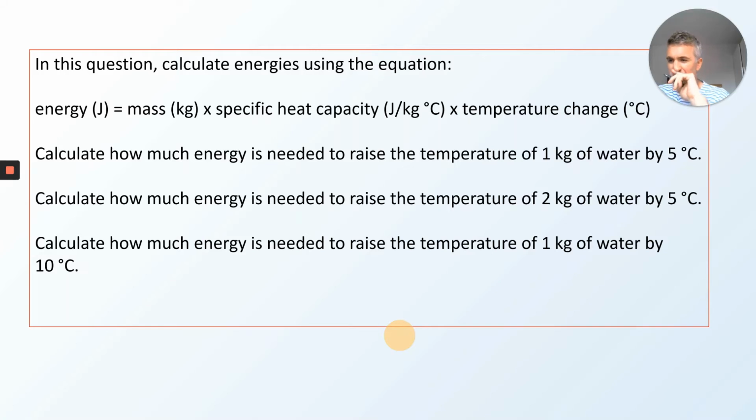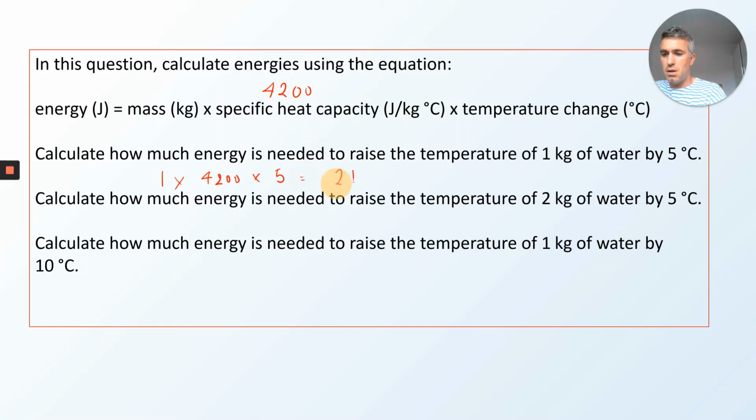The important thing is, for this scenario, the specific heat capacity for water is 4,200. So how much energy is needed to raise the temperature of 1 kilo of water by 5 degrees? So 1 kilo times 4,200 times 5 is